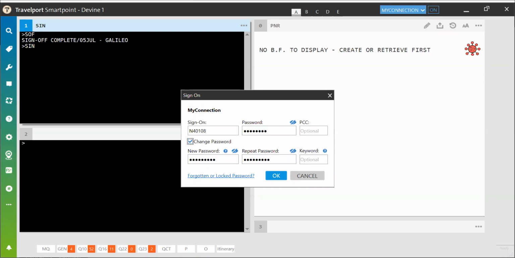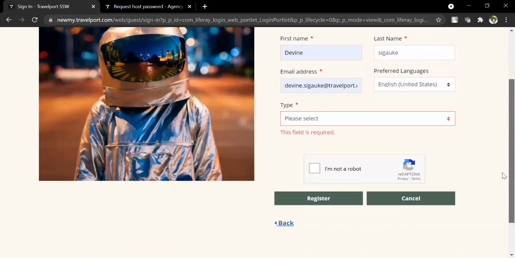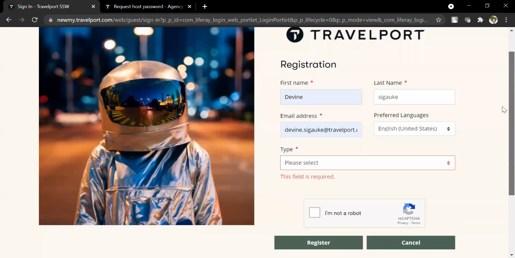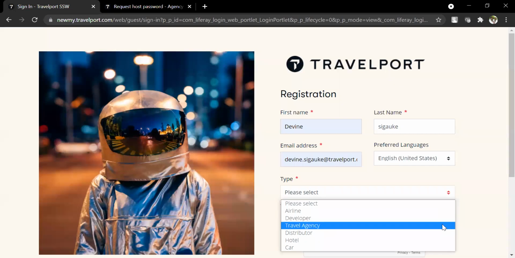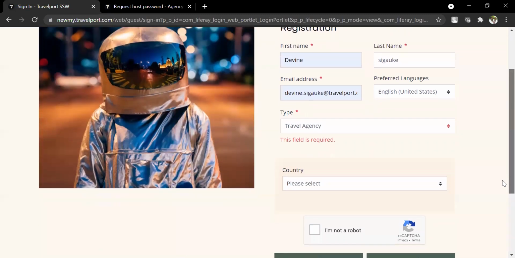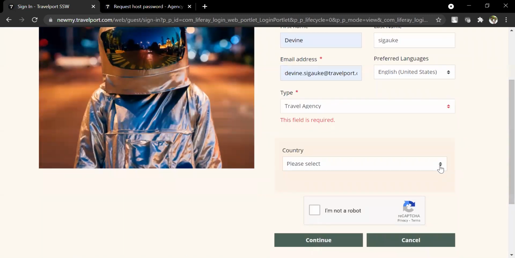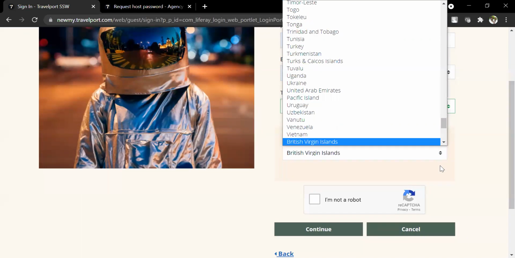Okay, so with that being said, I'm just going to go back to our MyTravelport, where we will show each other how you can sign in if you're doing it for the first time. So you put in your names, your email address, and under type, you will click travel agency. Under travel agency, you will then go and choose the country that you're in. You could be in Uganda, you could be in Burundi,